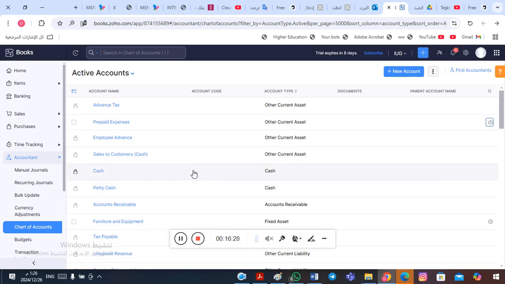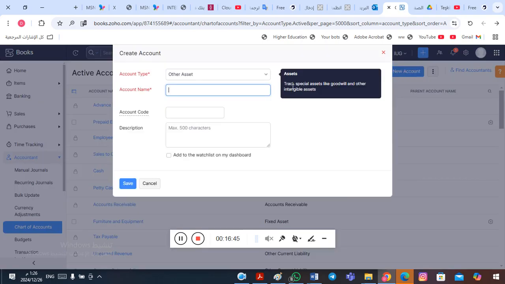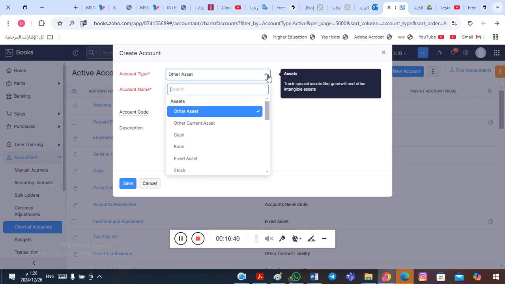Here we haven't got anything or any account related to banks. How can we create a new one? We can go here, new account, and choose the account type, and here we